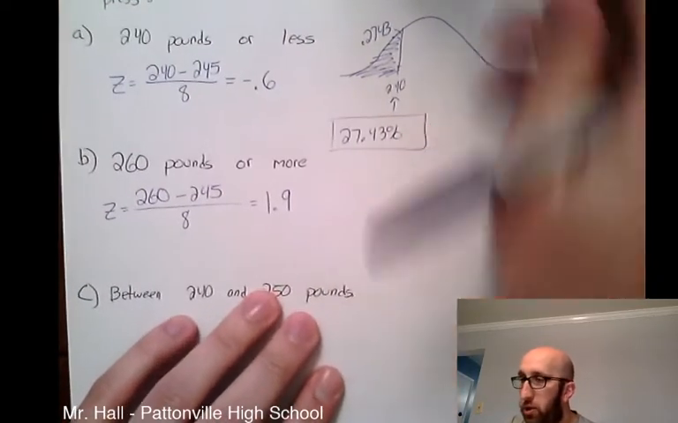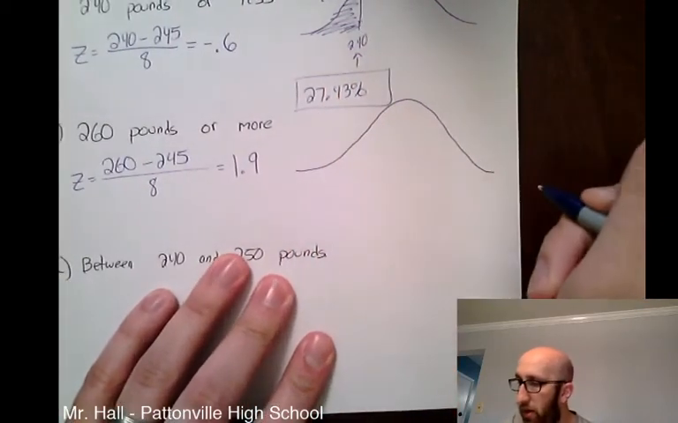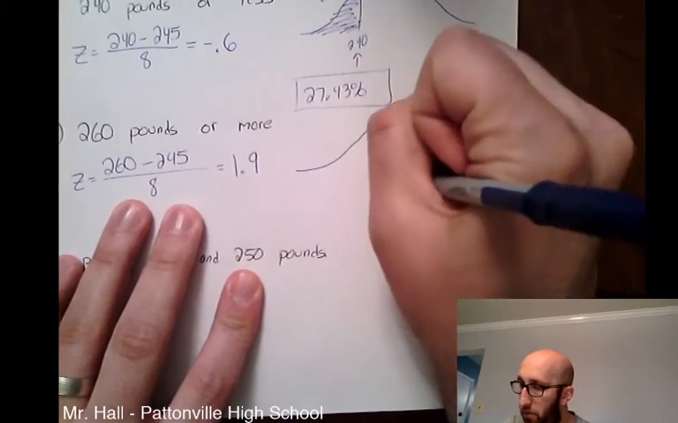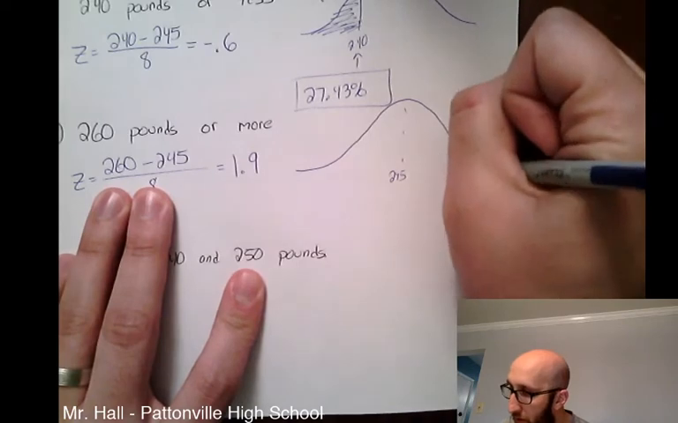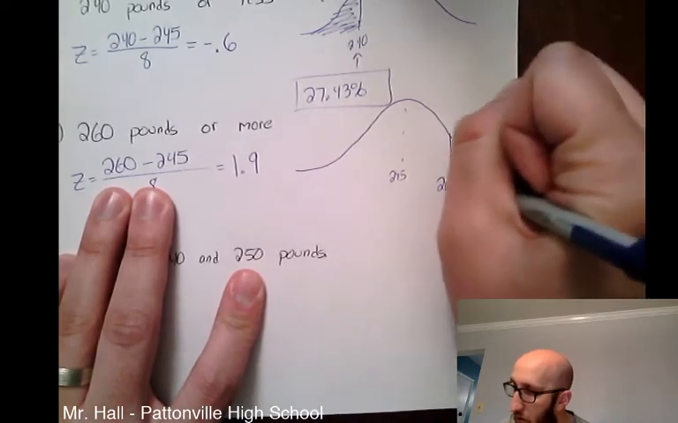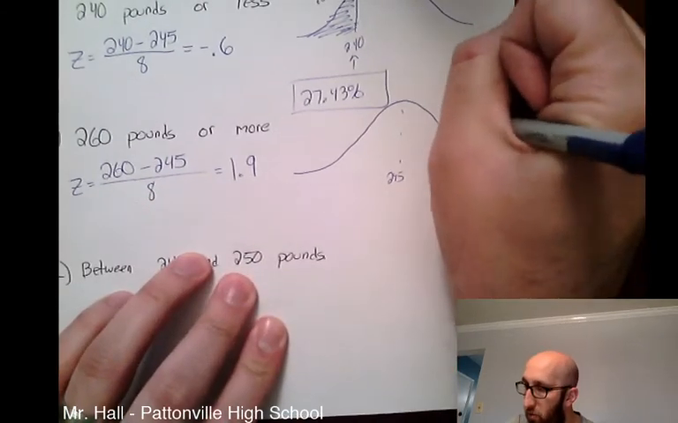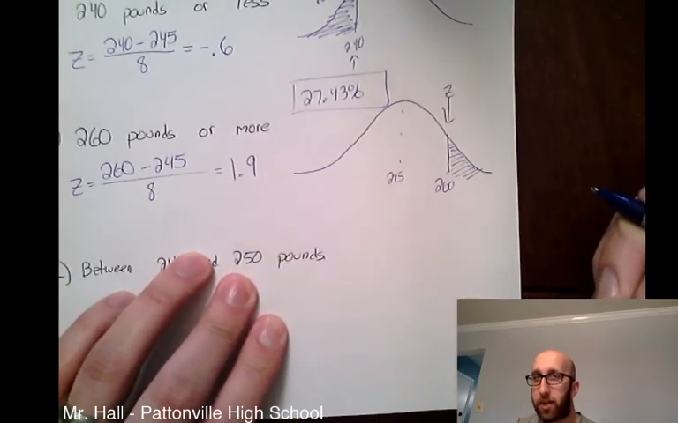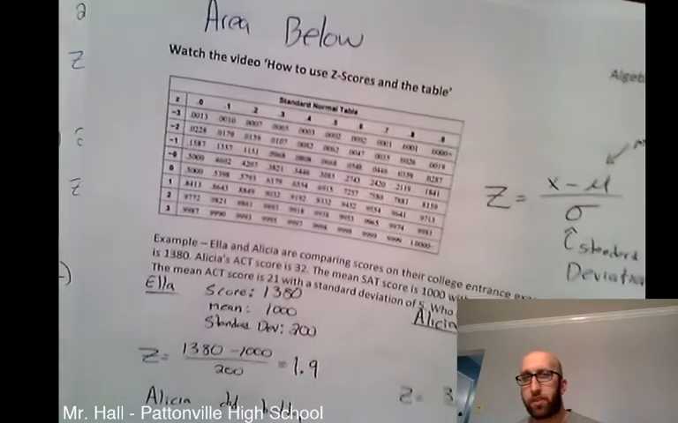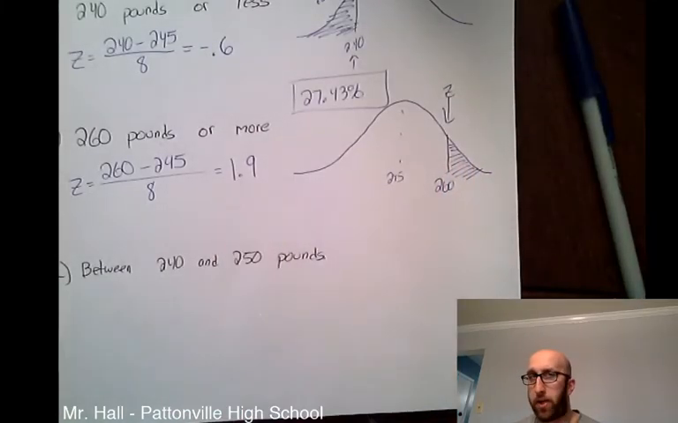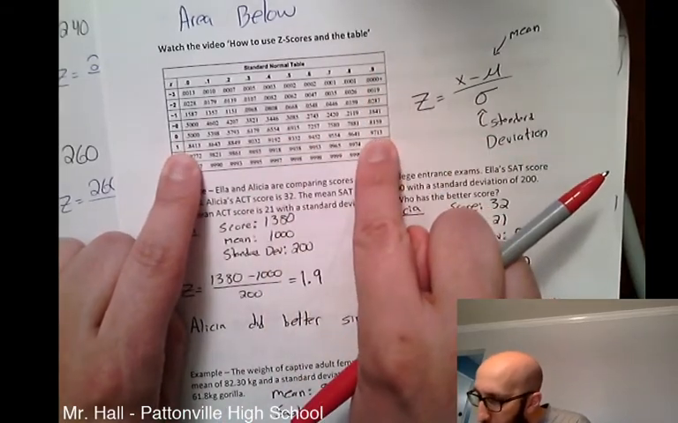Okay, so visualizing this, because we kind of visualize with the empirical rule, what's going on here is you have your mean at 245. We're looking at 260 or more, so we're somewhere over here at 260. I want all this area to the right. So what I did is I found the z-score of that point. Now I'm going to go back to my table and look up 1.9. So you go down to the ones, all the way down to 0.9, 1.9, it says